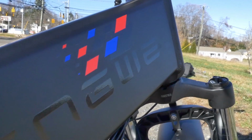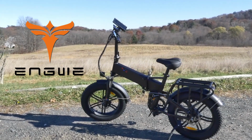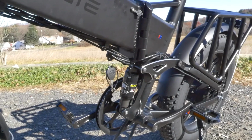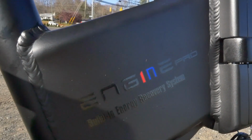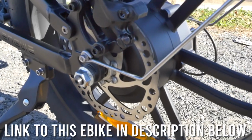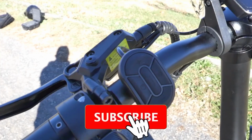What's up, guys? Today we're going to be taking a look at the Engwe Engine Pro e-bike. This smaller, fully foldable e-bike features front and rear suspension, mag wheels, and it even has regen, which is a feature not usually seen on these budget geared hub motor e-bikes. Let's take a look at the features of this bike, and then we're going to take it out on a